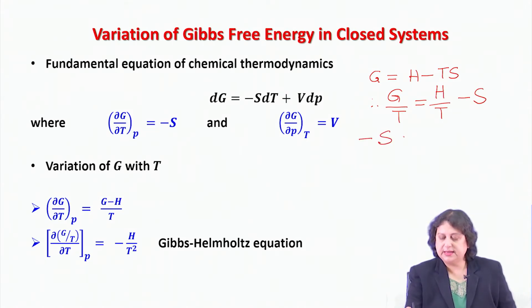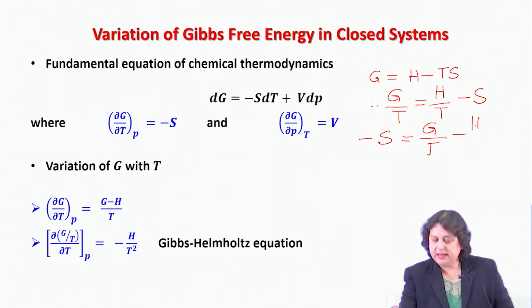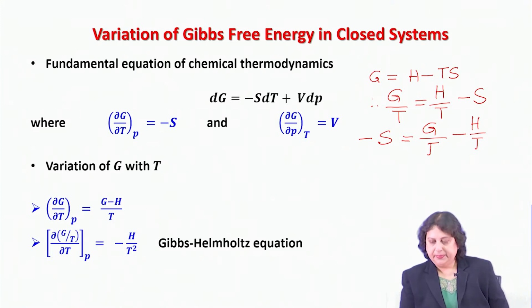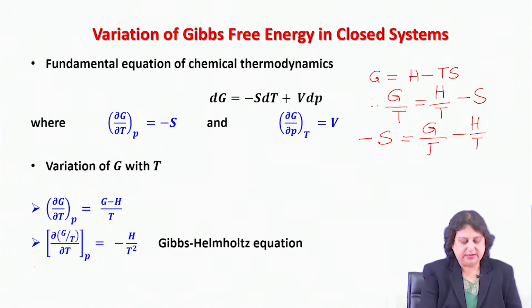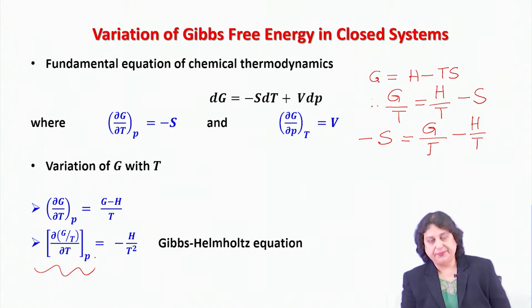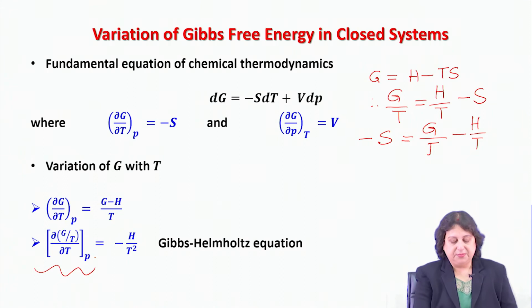Therefore, minus S is equal to G by T minus H by T. Clear? And now, if I take the derivative of this quantity with respect to T at constant pressure, what I will be left with is minus